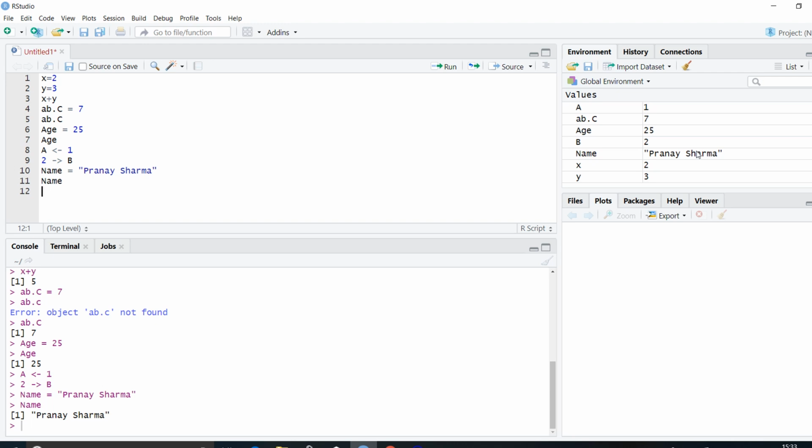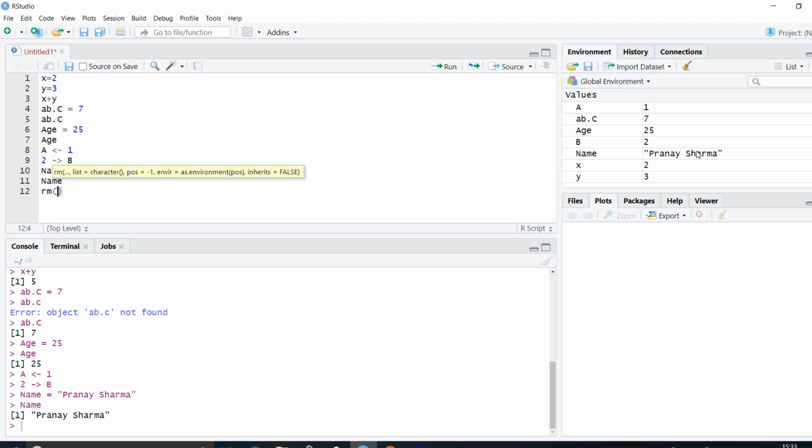Now if you want to remove, I don't need this name. So what I will do is use remove. For that we have a function called rm. So I'll say rm, and any function will always have brackets in it because sometimes it takes some values from some other objects. So that is why we have to specify those values inside those brackets. Those values are called arguments. So we'll have a function and its arguments.